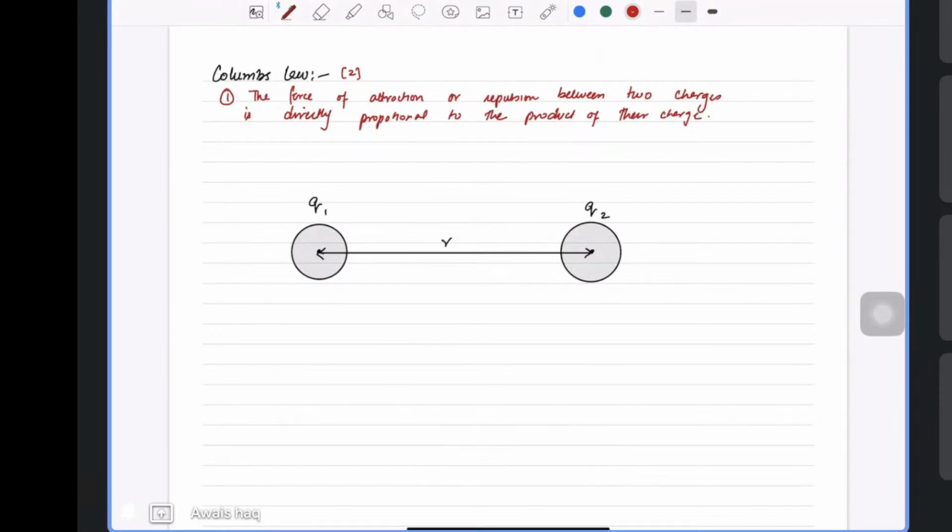And the second part of this definition is, we're talking about the force, inversely